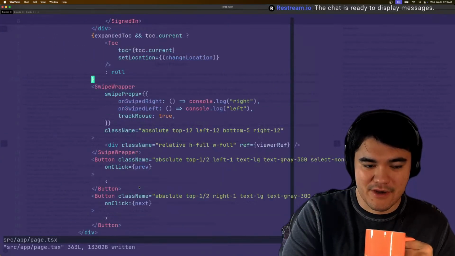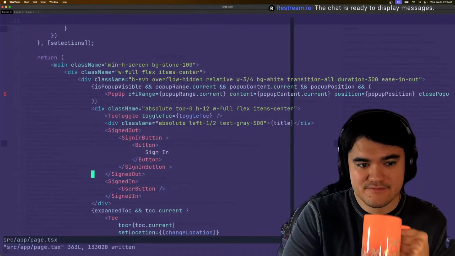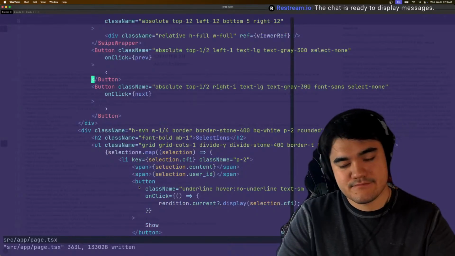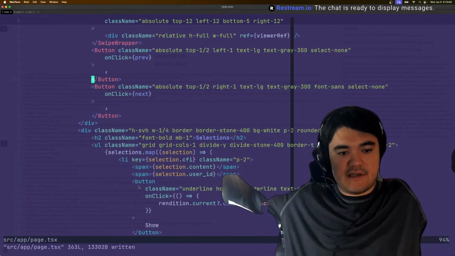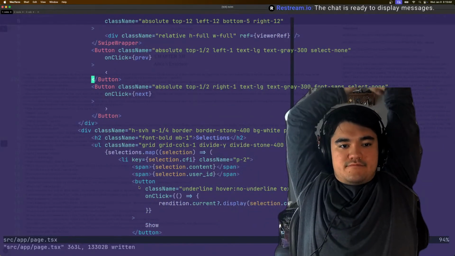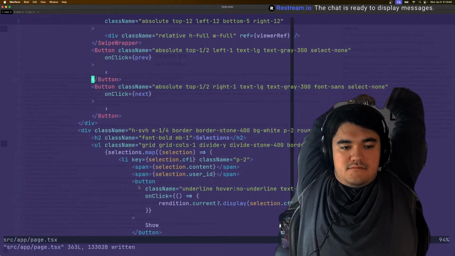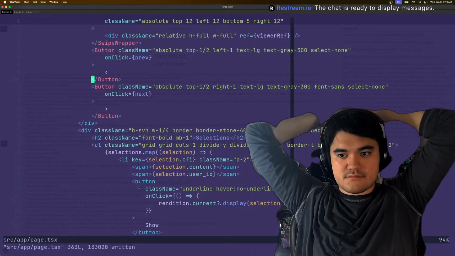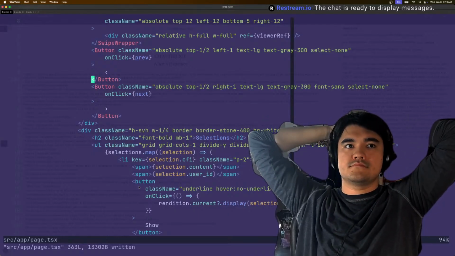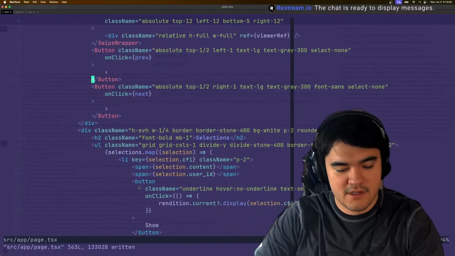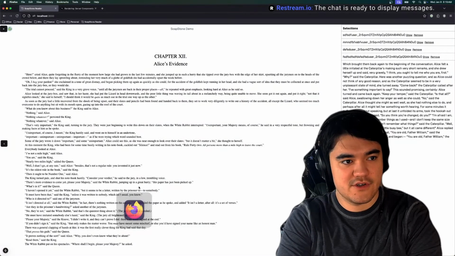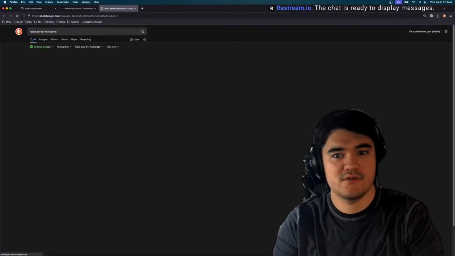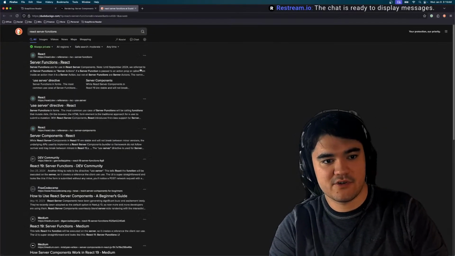We'll try to figure it out. Okay. So let's see here. I think React server functions are a different thing. So can I just make that into a server only function?